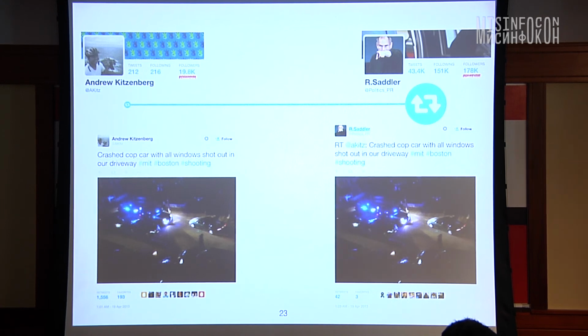And there is a very simple psychological reason for it. If you're someone with a lot of followers and have a lot of influence on Twitter, you're not going to risk your reputation and retweet information from someone who no one knows about unless you have some idea that this is true, right? So that's why the diffusion from low to high is very predictive.